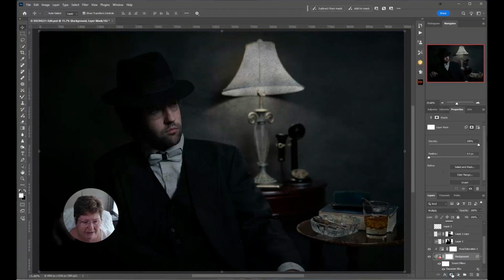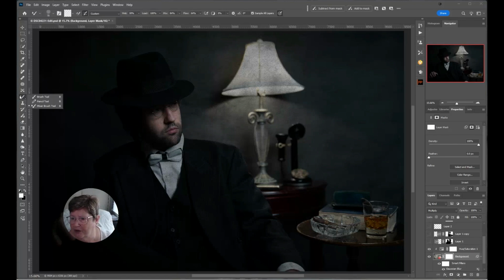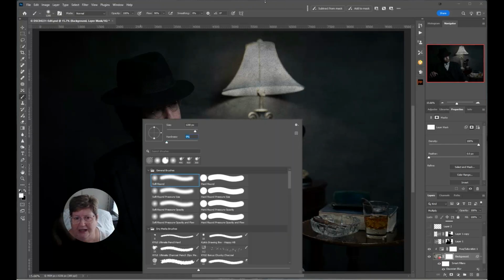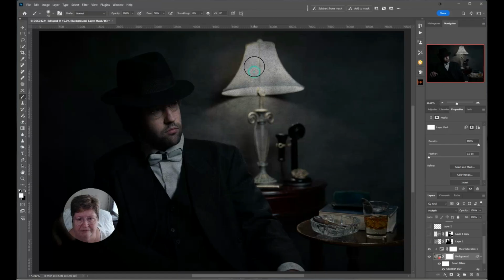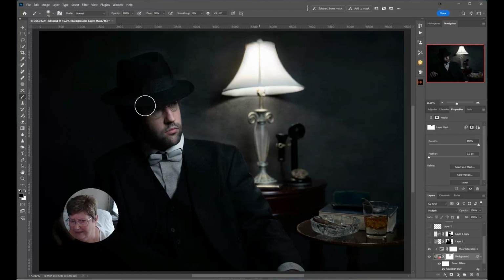And I'm going to put a mask on. Now this doesn't matter whether you're using multiply mode, screen mode, or overlay. You can put a mask on and paint out what you don't want. So I'm just going to go over to my brush tool, make that a little bit bigger. I want my hardness set at 0 because I want to just sort of blend it all in. And I want to change my color to black. And I'm just going to paint out where I don't want it. Now I don't want it necessarily on the hat, the face,